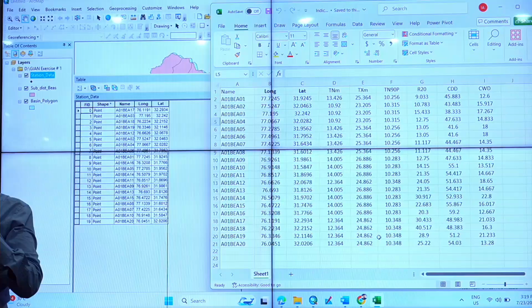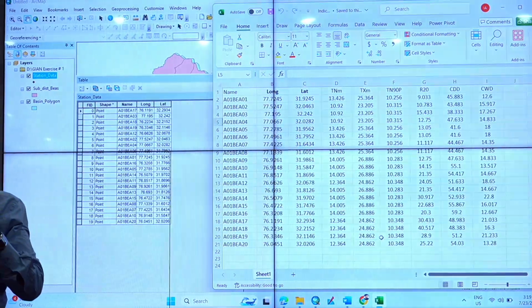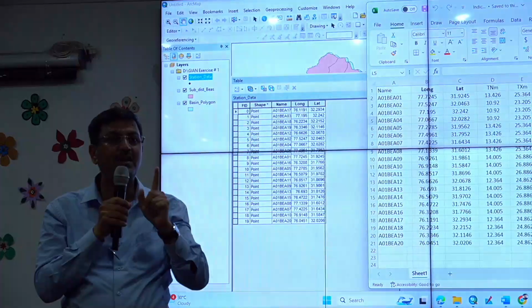These two spatial and non-spatial data can be linked only when you have a unique key.